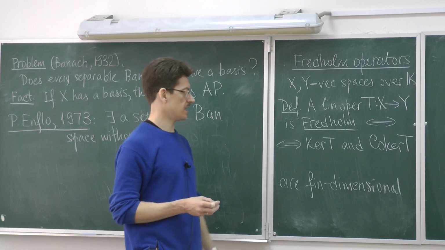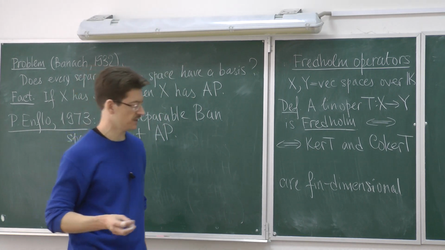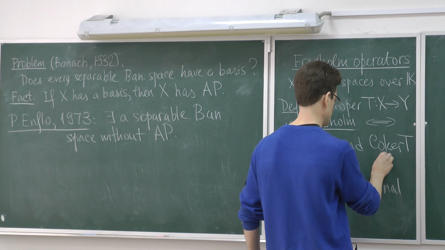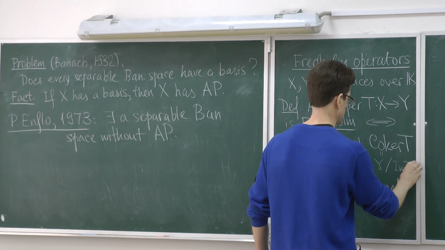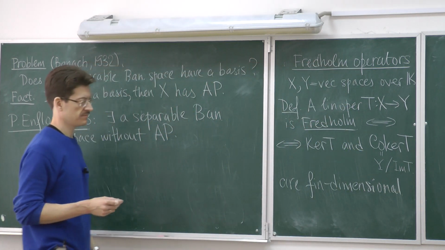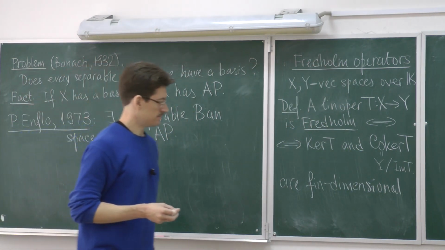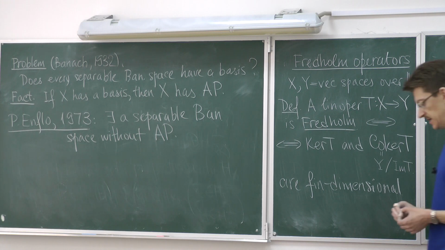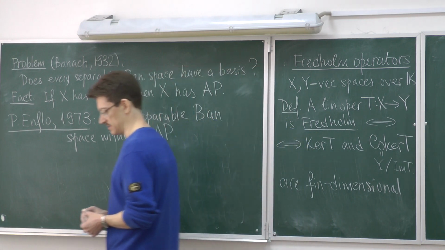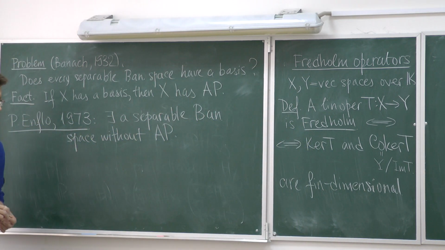Just in case, let me recall that the co-kernel of T is defined as the quotient of Y modulo the image of T. By the way, probably those of you who are familiar with the language of categories know that the notion of a co-kernel, as well as the notion of a kernel, can be defined in purely category theoretic terms, and they